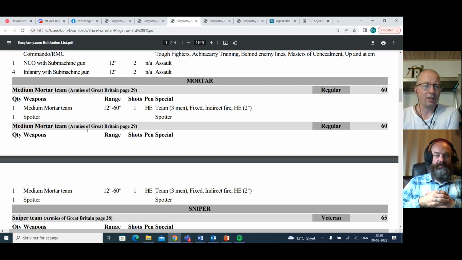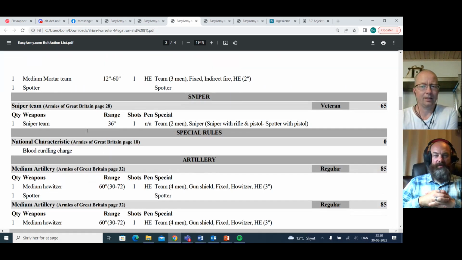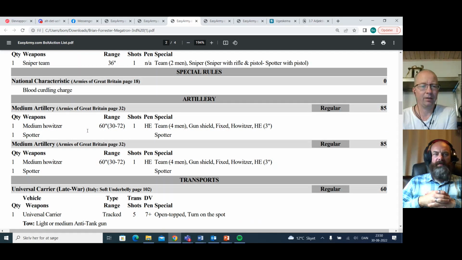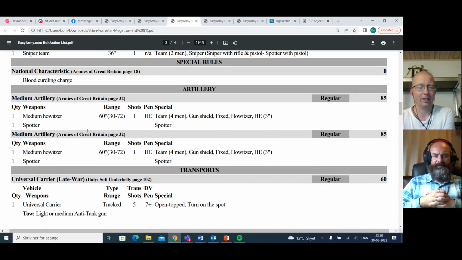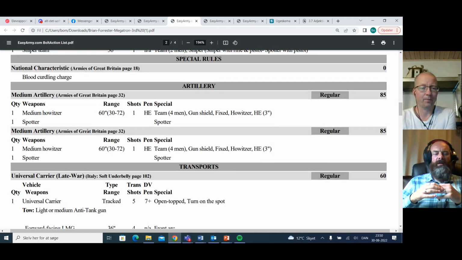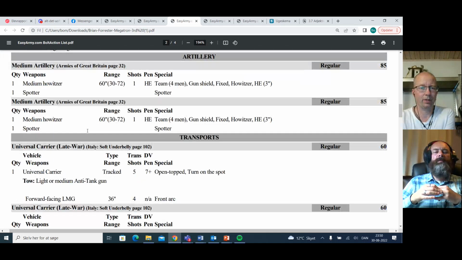Double medium mortars with spotters. Good stuff. Sniper team. Veteran sniper team. Good choice. And double artillery, medium howitzers, with spotters, all of it. So he has a lot of eyes out, and he can basically hit everything. And he has 4 universal carriers to bring his